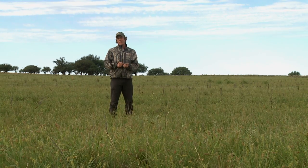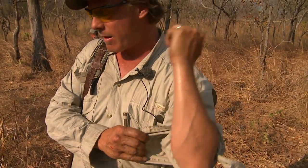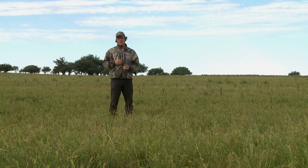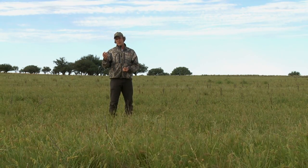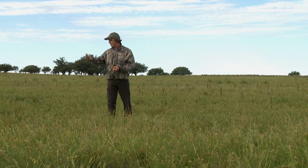In Africa, the thorns in the trees and on the bushes can give you stitches. I wear glasses when I'm in Africa as eye protection, and simple safety glasses would be better than nothing. Your eyes could be lost and your arms could be cut open. In British Columbia, I think it's called the Devil's Club. Just a little pain in the butt thing as you're walking through the bush and it gets on your hands